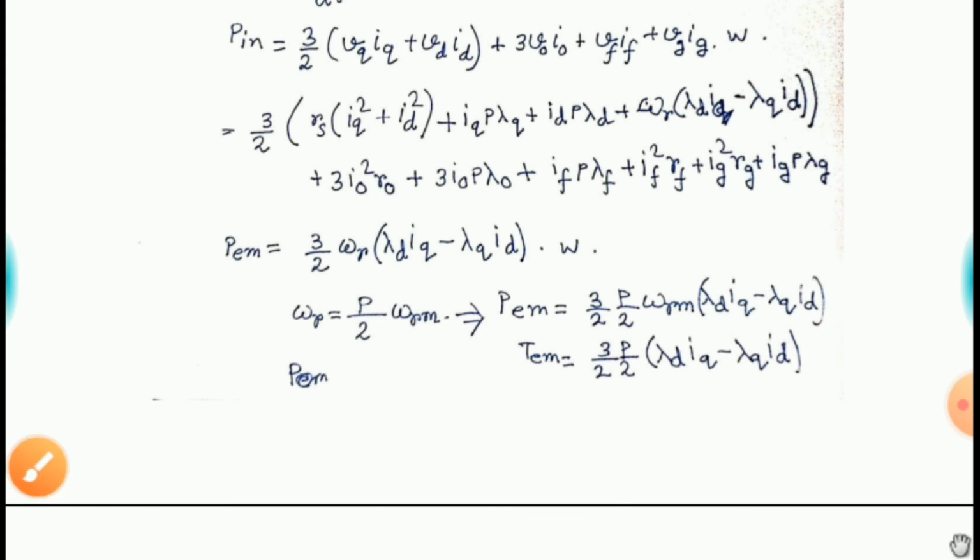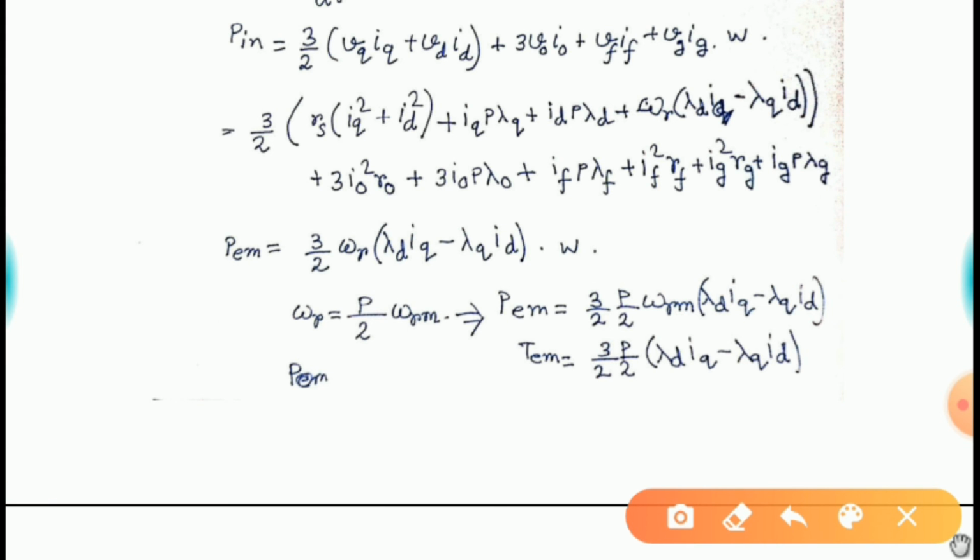Here one more thing that you must notice, and very interesting, is that your torque is dependent on cross terms only. It means that torque is produced by two orthogonal fields, cross-magnetizing action kind of things. Not exactly cross magnetizing, but two magnetic fields acting in quadrature can only produce torque. And that is quite obvious, because you must recall